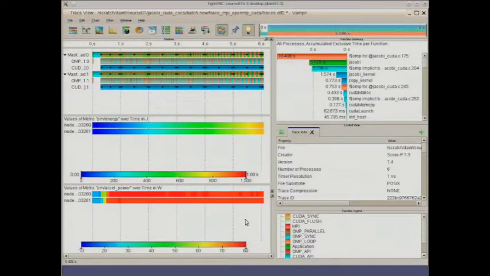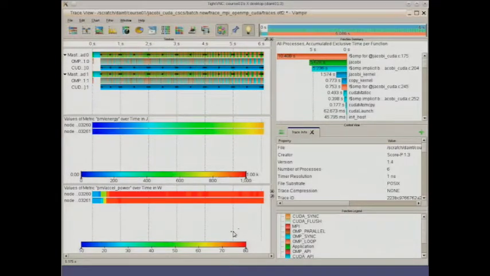And as expected, the power usage gets a lot higher when the accelerator is actually used for doing something, which makes sense. And maybe we can filter out this initialization part by modifying the scale down here.